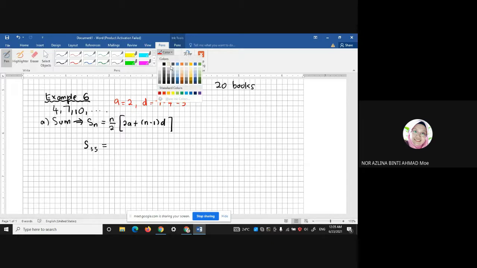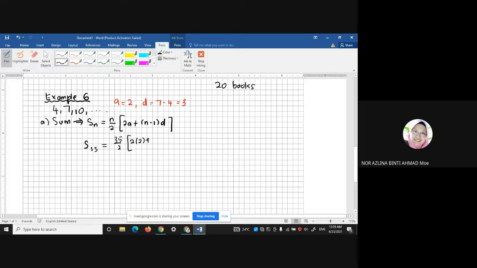So after we get the value of a and d, then we substitute the values. So n here is 35. So S_35 equals 35 over 2, and this is 2 multiply a plus (35 minus 1) multiply d, where d is 3. And this is equal to,